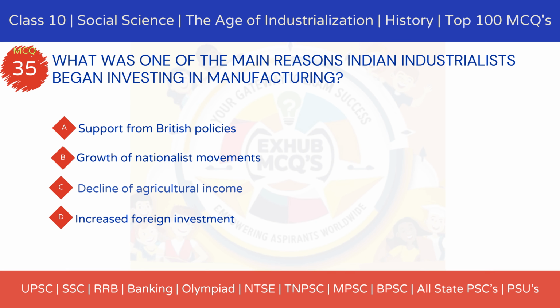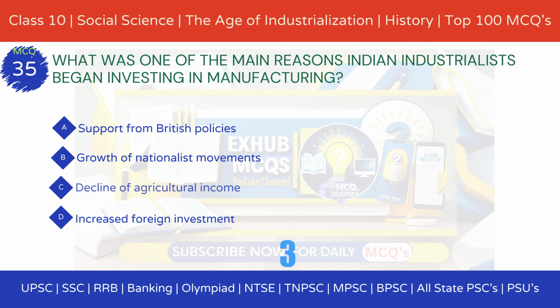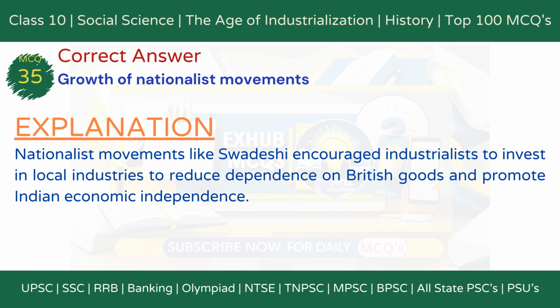MCQ 35. What was one of the main reasons Indian industrialists began investing in manufacturing? Option A. Support from British policies. Option B. Growth of nationalist movements. Option C. Decline of agricultural income. Option D. Increased foreign investment. The correct answer is option B. Growth of nationalist movements. Explanation: Nationalist movements like Swadeshi encouraged industrialists to invest in local industries to reduce dependence on British goods and promote Indian